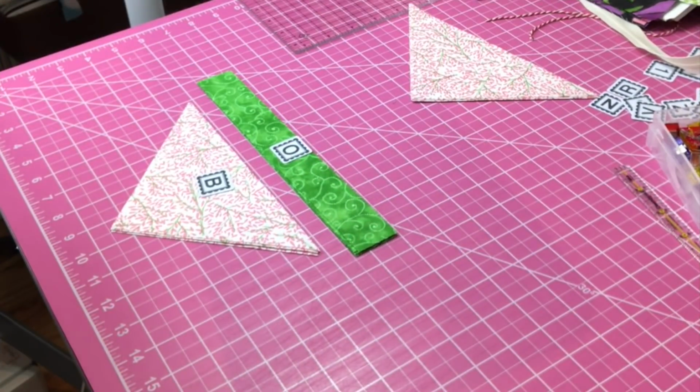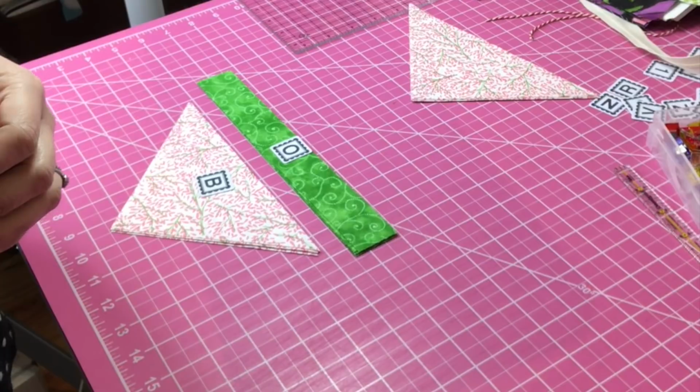Okay, so here we are, day 3. And I am going to finish this block tonight if it's going to kill me, I'm telling you. Okay, so now the last 2 fabrics that we have to work with on week 1, part 3, are B